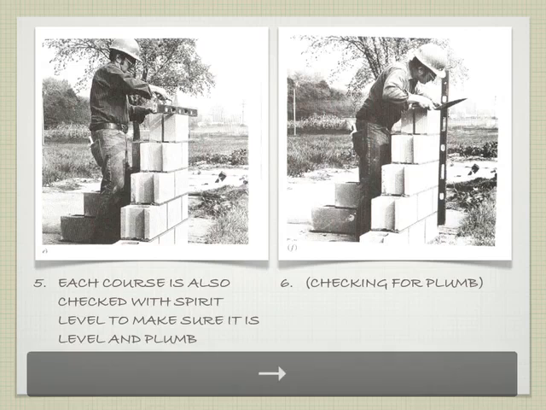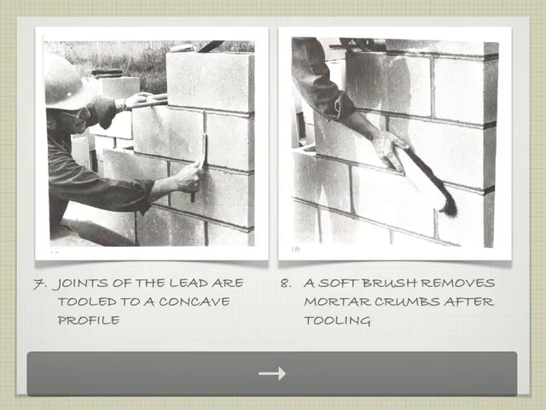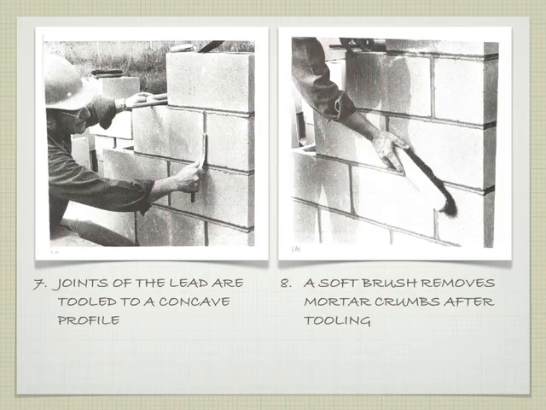So we check for level, we check for plumb. So afterward, the joints are tooled with a concave profile, so they stick in slightly. And then a soft brush will remove any of the extra little crumbs that are on the surface that we don't want,